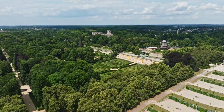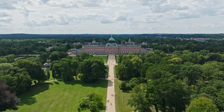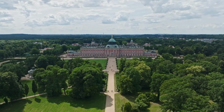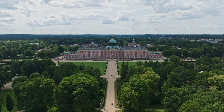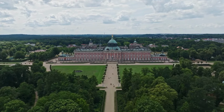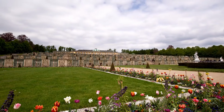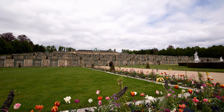Sanssouci in our lives. As we leave Sanssouci behind, carry with you not just the images of its beauty, but the spirit of what it represents. A harmony between human creativity and natural splendor, a balance between grandeur and intimacy, and above all, a reminder of the importance of finding moments of peace in our busy lives. Thank you for joining me on this journey through time and beauty. I hope it's inspired you to seek out your own moments of wonder, whether in far-flung palaces or in your